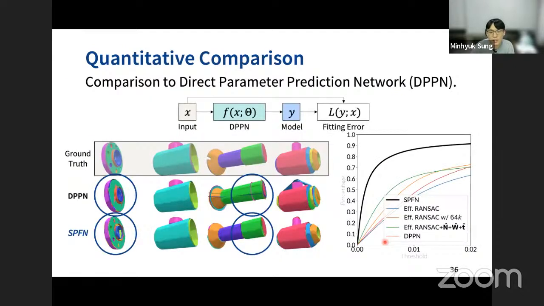And this is also the quantitative comparison, showing how many points in the input point cloud are explained by the primitives when we vary the threshold for the distance. So in this graph, higher is better. The RANSAC-based method is the blue line. And the case where we directly regress the parameters using the network is the red line. Compared to the blue line and the red line, you can see that our method, which combines the predictions of the neural net and also the optimization, gives way better results, with a very huge gap in this